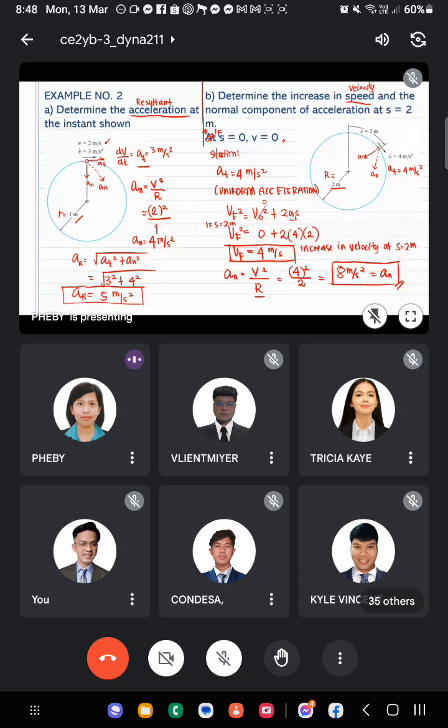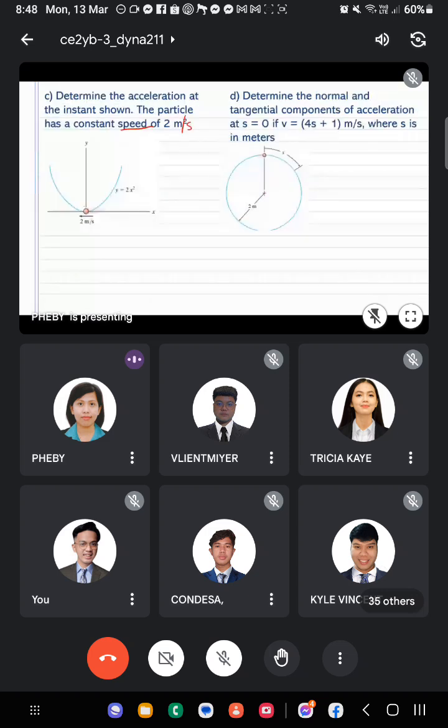Okay, letter C. Determine the acceleration at the instant shown. The particle has a constant speed of 2 meter per second. Okay. Diyan sa figure natin, yung particle daw is moving, parang siguro nagbo-bounce siya, no? Nagbo-bounce-bounce. So, kanyang acceleration or yung kanyang tangential acceleration or yung kanya